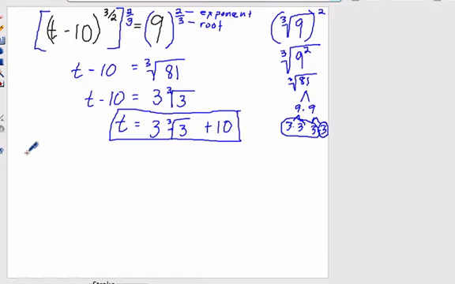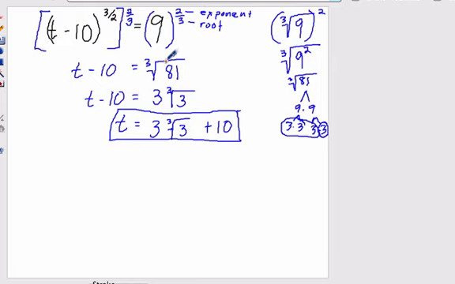We can always check our solution, and also I want to talk to you about a couple different cases. If you noticed up here, my exponent in my original equation was an odd number. When that happens, you're just going to have one solution. And if this is an even number, I could have more than one solution. I'm going to explain why that is in just a second. But I just want to show you, if I wanted to check my answer,